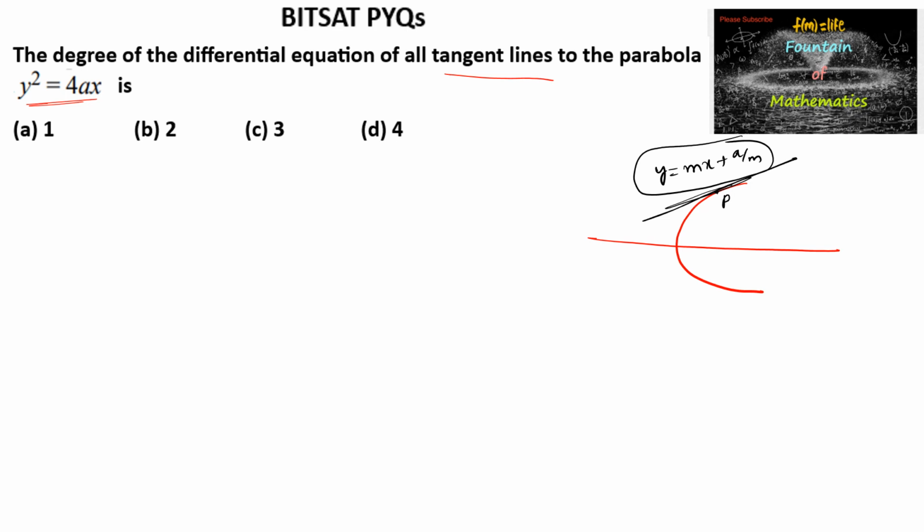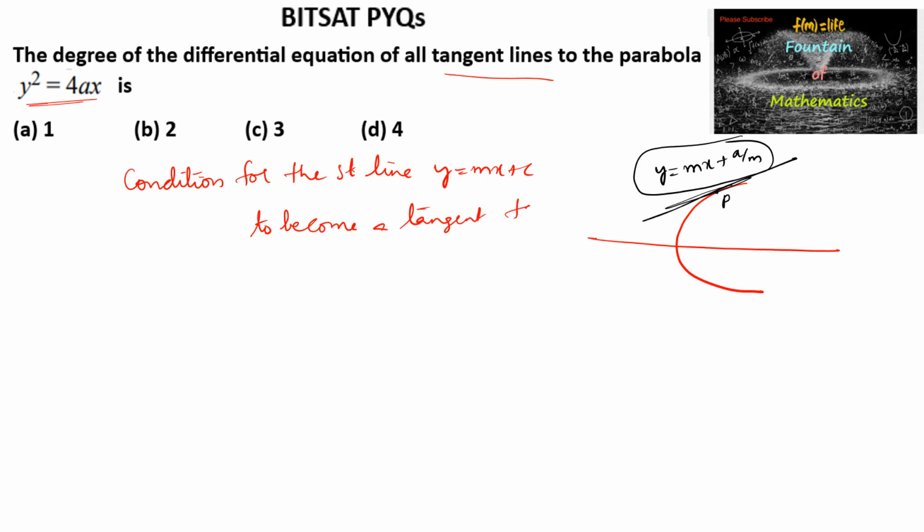We can write here the condition for the straight line y is equal to mx plus c to become a tangent for parabola y square is equal to 4x is y is equal to mx plus a by m. So let us consider this is a tangent line. And we know that this m is nothing but differentiation at this point. A slope m is nothing but dy by dx at the point we can mention,